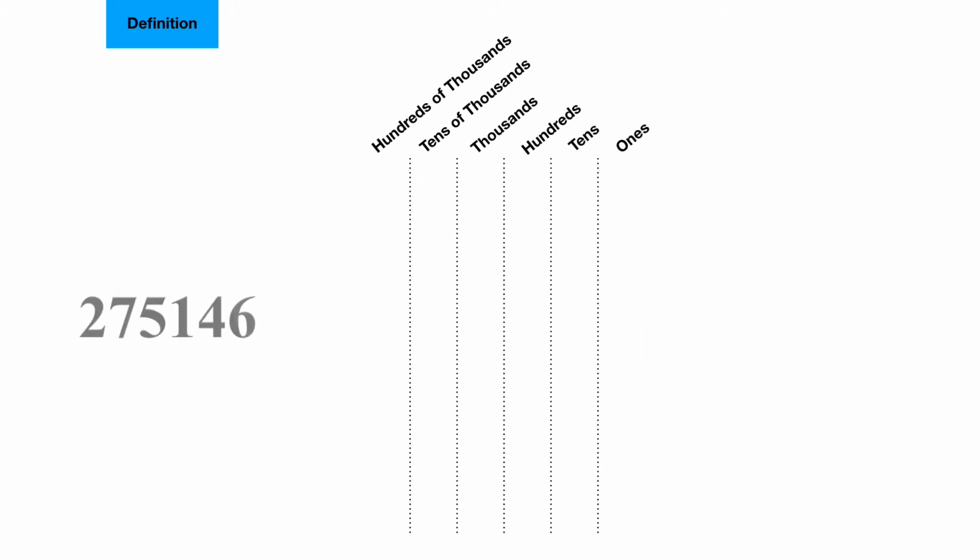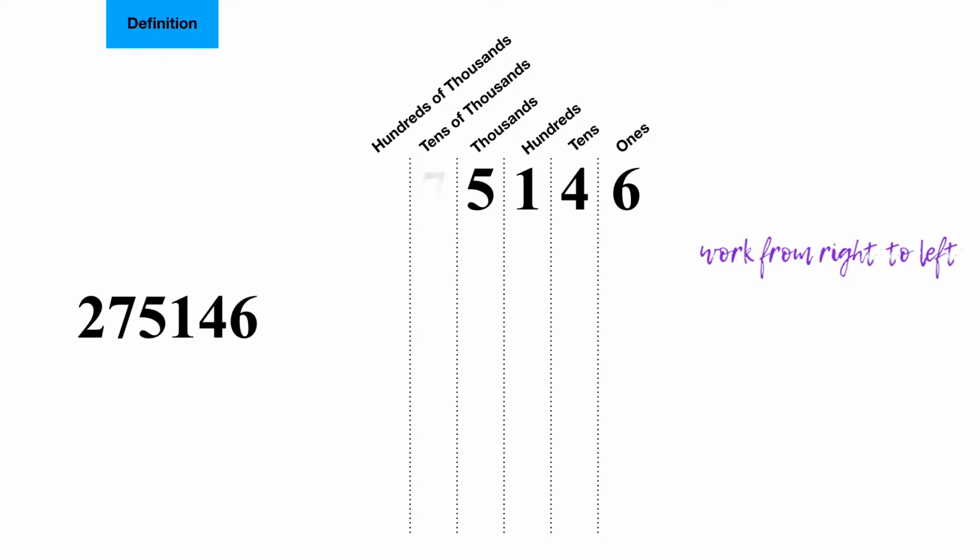Let's have a look at the following number, 275146. And let's go ahead and add it into the place value table. Now remember, taking the number and working from right to left, we will have 641,572. Let's analyze this number and see what place value each one of these digits has. So we have 6 ones,